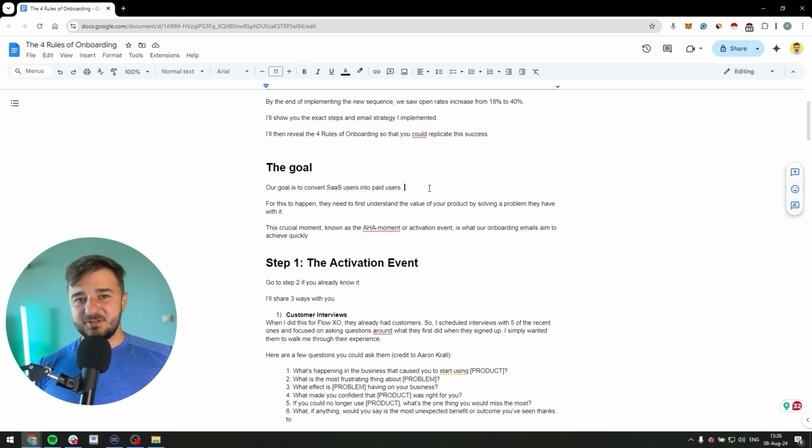At the end of it, I'll share the 4 rules of onboarding that I found through just implementing this. Now, the overarching goal is always to convert free users into paid users. But for this to happen, they first need to understand the value of your product, the value your SaaS brings. And in order for them to understand this value, what they need to do is solve a problem they have